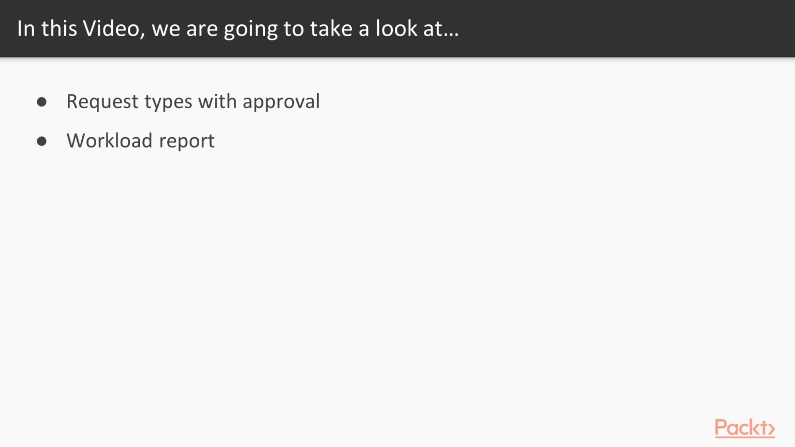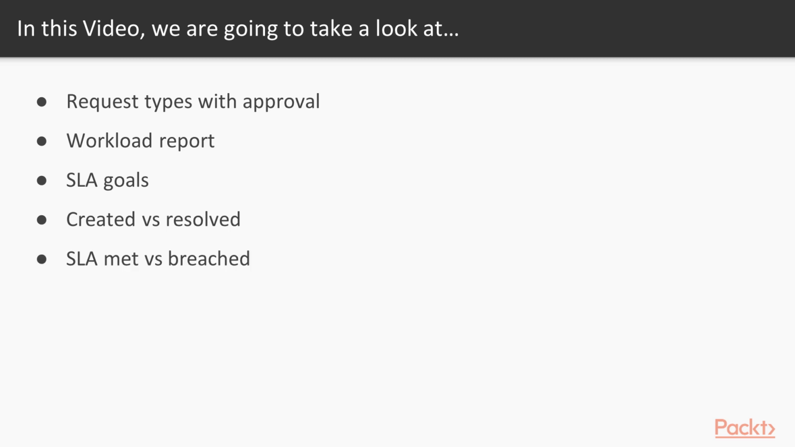We will take a look at some reports like workload report, SLA goals report. We have one report called created versus resolved. We'll also take a look at some reports based on SLAs, and we'll also understand how we can create a